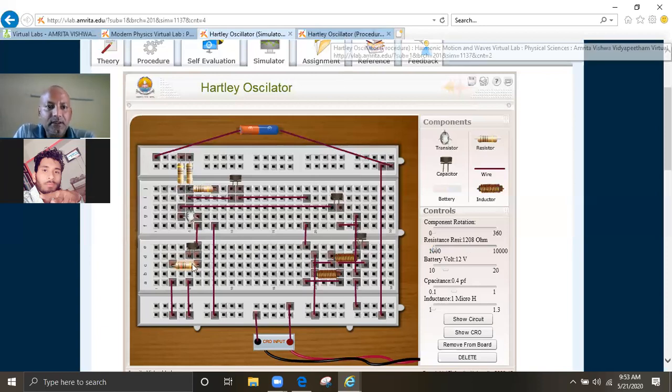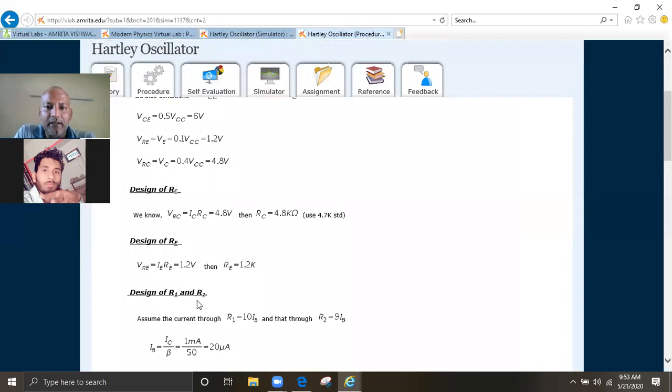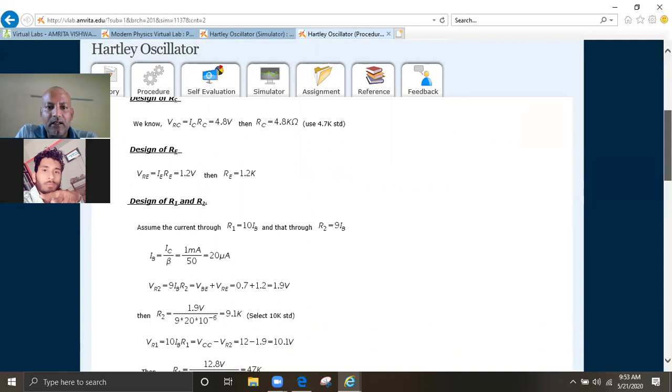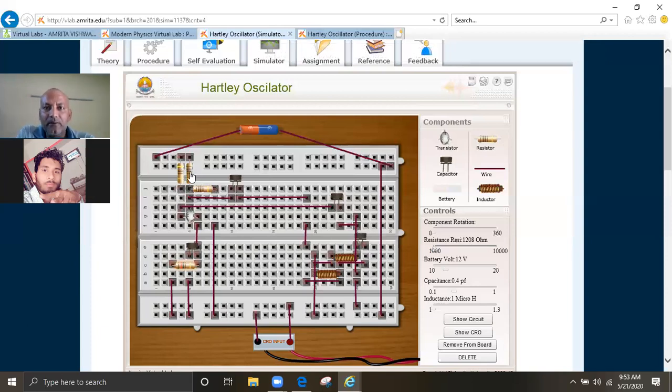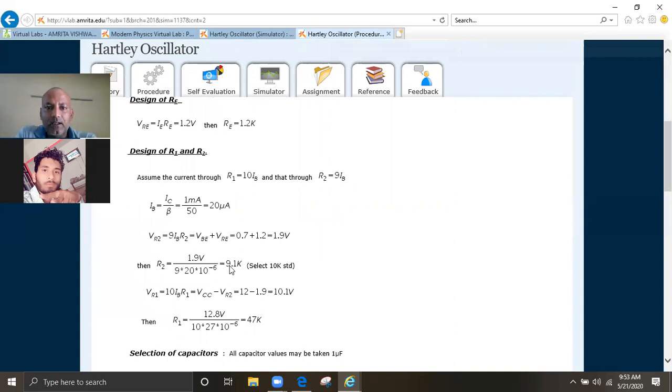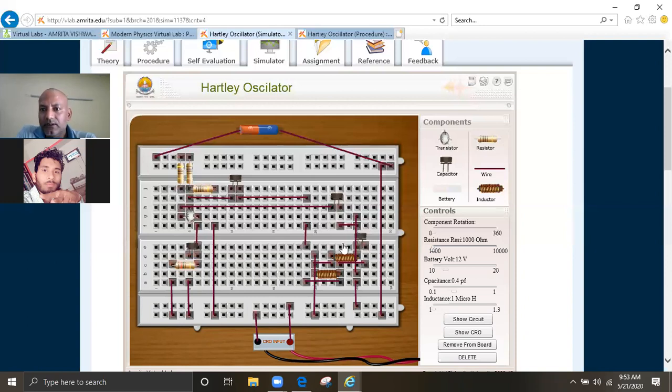Similarly, the design values of R1 and R2: the value of R2 is 9.1 kilo ohm and R1 is 47 kilo ohm. So let me check the value of R2, 9.1 kilo ohm. So this is our R2. Its value is 9.1 kilo ohm.